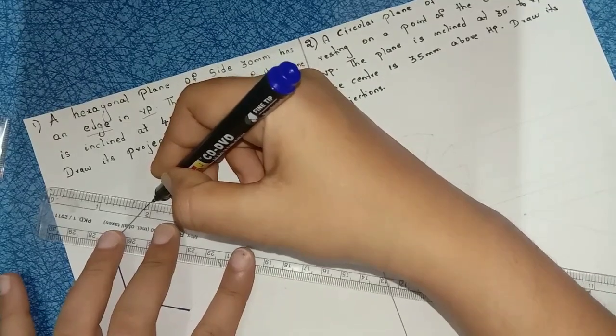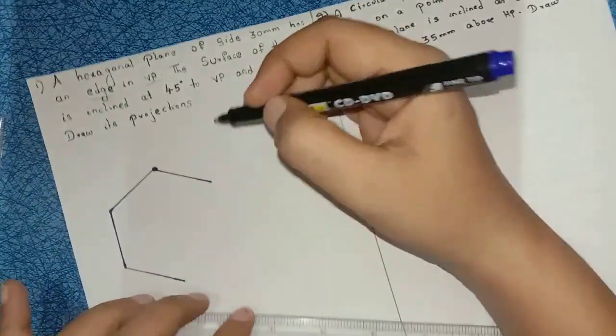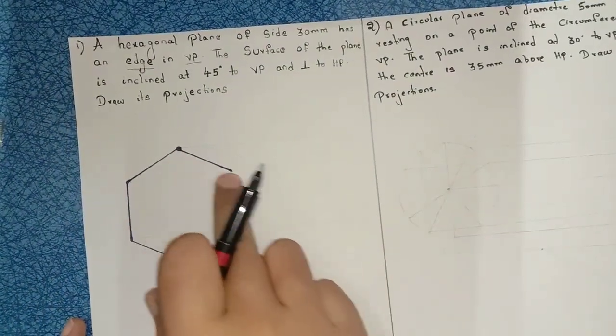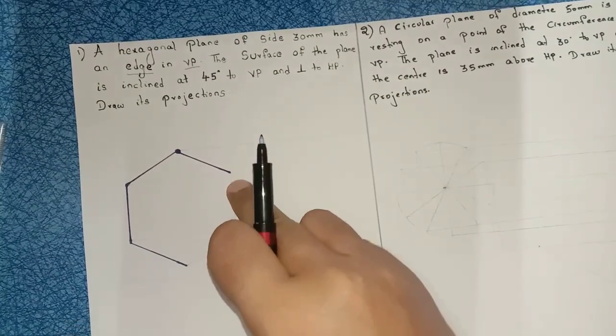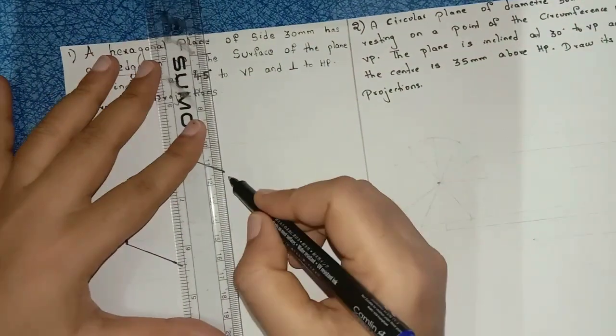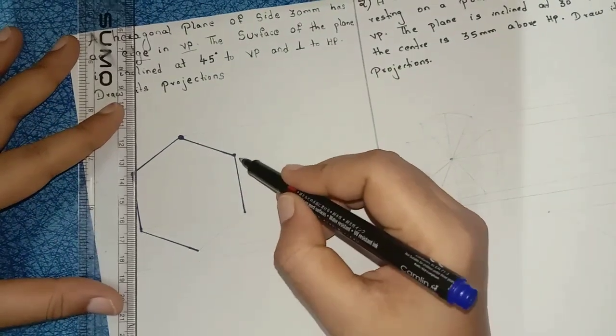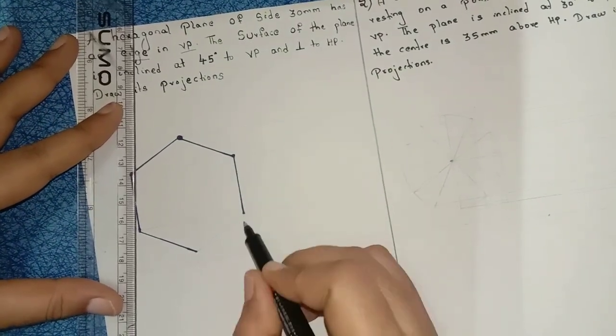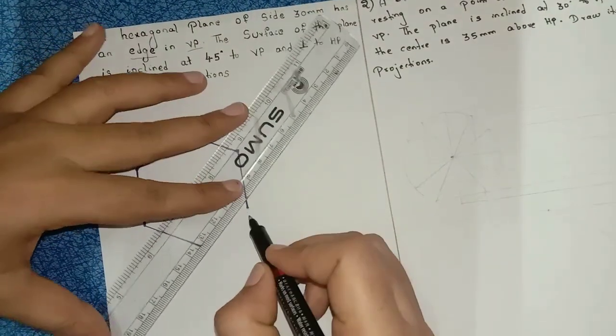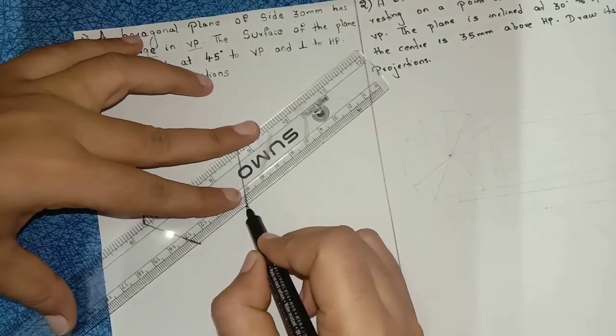The length of this hexagon side is 30 mm. Same, again place your protractor on this line. From this point again take 120 degrees, draw a length of 30 mm. Again place your protractor on this line. From this point take 120 degrees and join this one,